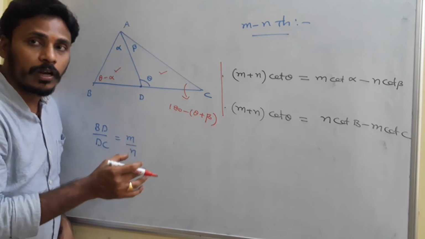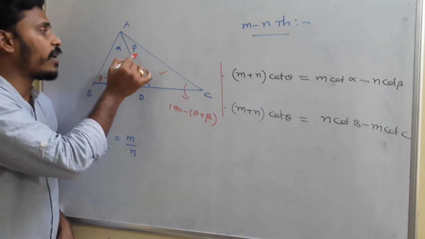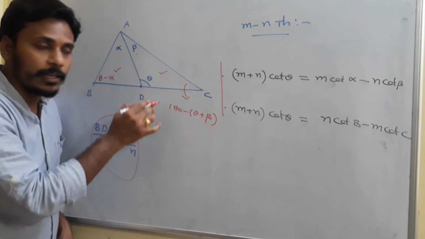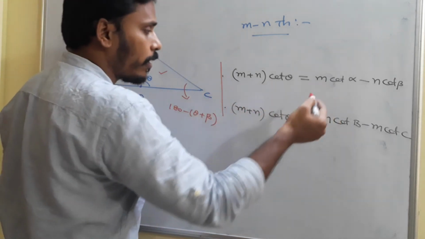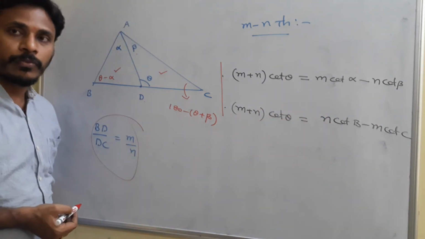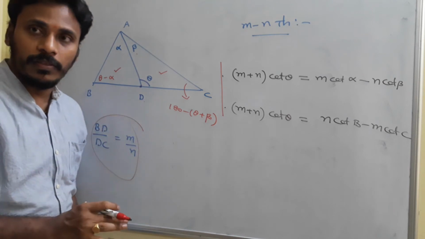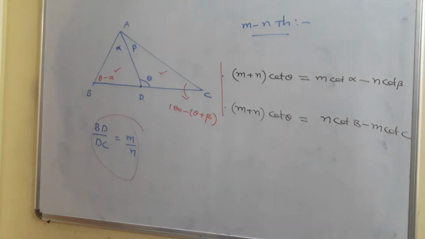Okay, I will give you one or two problems also. Once again, the statement is, if you have these angles alpha, beta, theta along with this ratio in a triangle, these two will happen. And in most of the cases we use the first statement, sometimes the second one also. Okay, that's the thing. This is the 52nd one, the statement of the MN theorem. And now 53, I will give you one problem to solve.